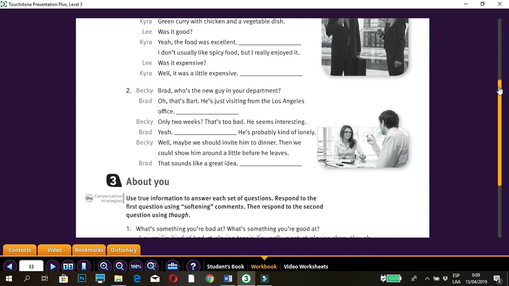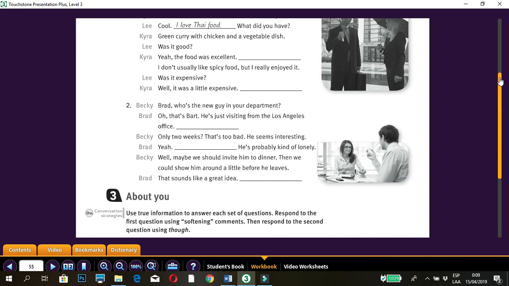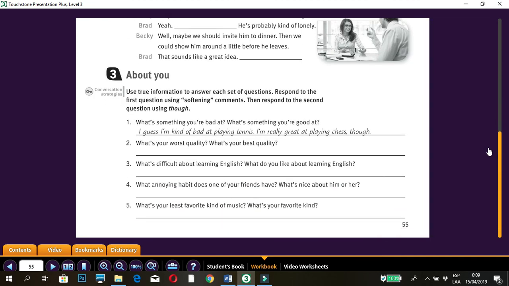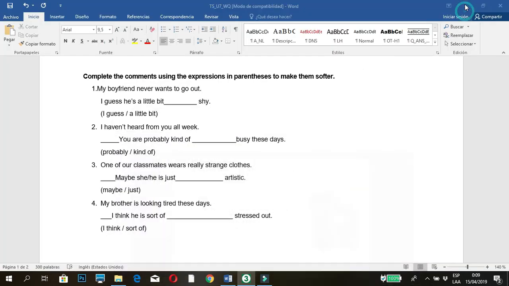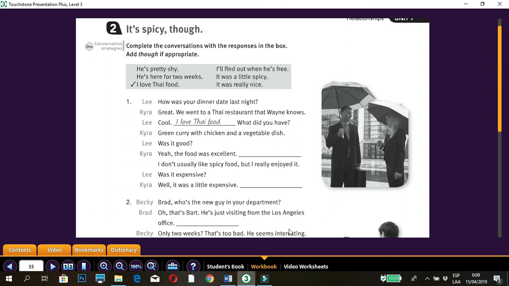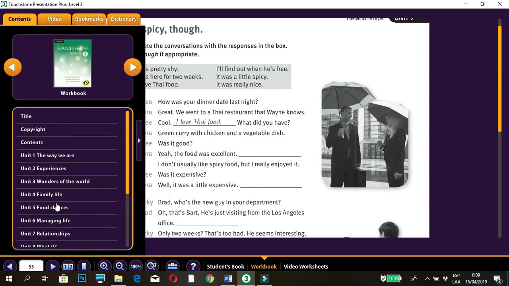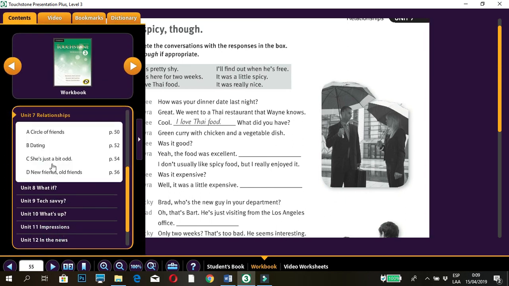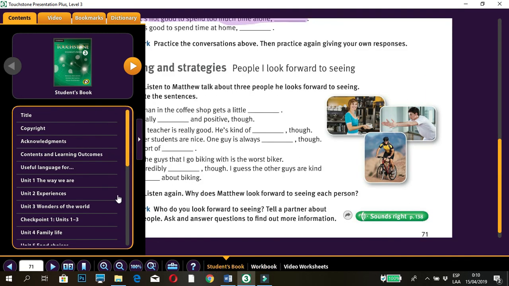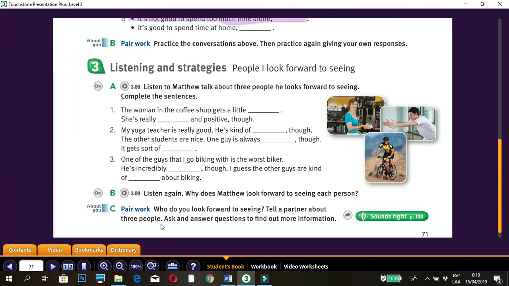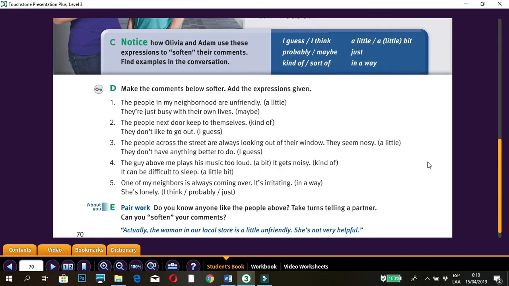Okay. And that's it. So this exercise we're going to do in class on Monday with you guys, so you practice. Okay, so that was our tutorial for today. What I want you to do is just to practice, practice, practice, please, the conversation strategies that we saw today to soften comments. Okay, so don't forget to practice them.